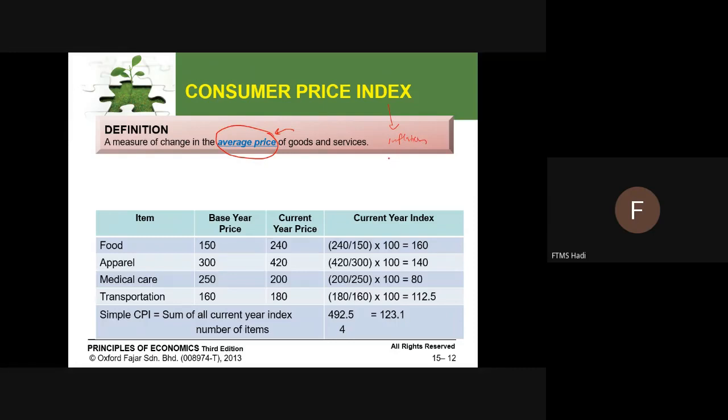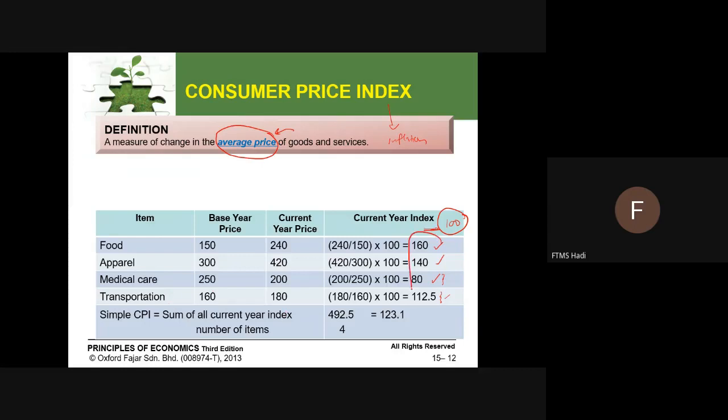The more people spend, the more demand there is, that means the price will go up. The less people spend, the less demand there is, the inflation will go down. Let's have a look at this example. Usually for an index, not the shilling, the benchmark is 100. If it is more than 100, price will usually go up. For example, 160. 140 is quite low. 80 means price is going down a little bit. And 112.5, more than 100, means transportation may be going up as well.